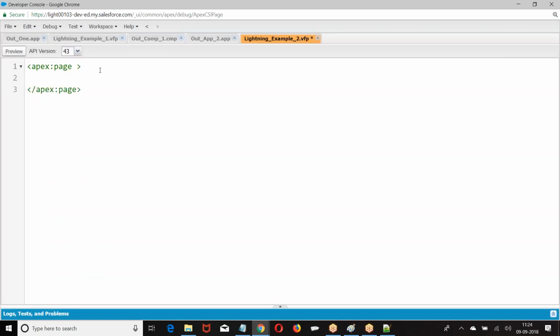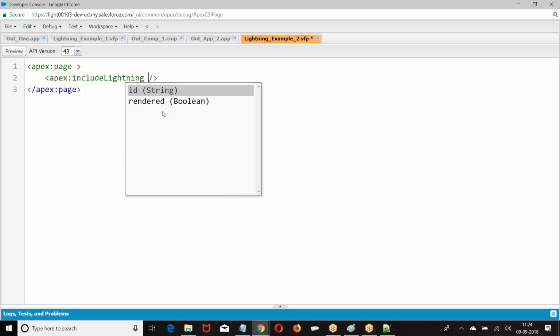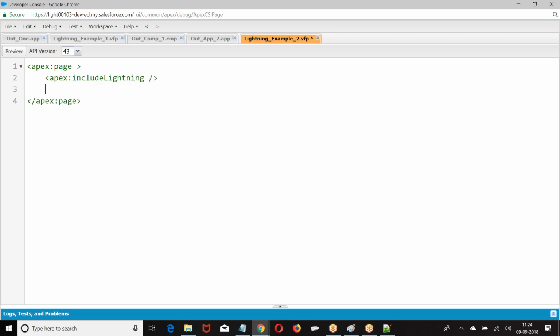What is the first line we need to include? Include lightning. Use, c dot, the app.